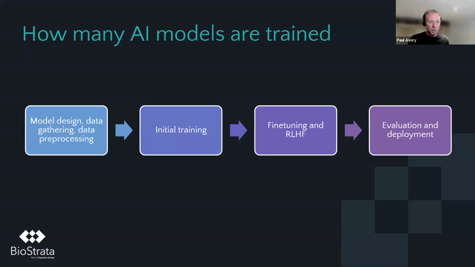Another thing that typically happens is something called reinforcement learning based on human feedback. Some poor folks have to sit down and rate outputs from models to say whether an output is good or not. And if you've used any of these tools, you may have even had this happen to you before, where a model shows you two answers and asks you which do you think is best. This is RLHF. And then finally, when you've done all that, you deploy the model and people start using it.